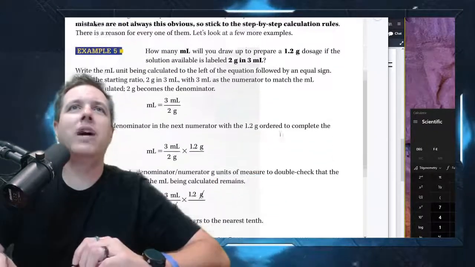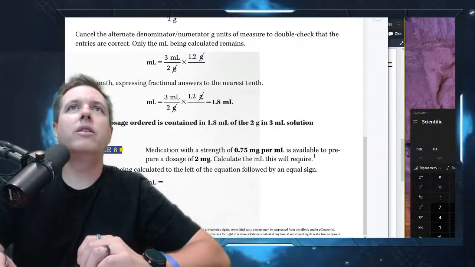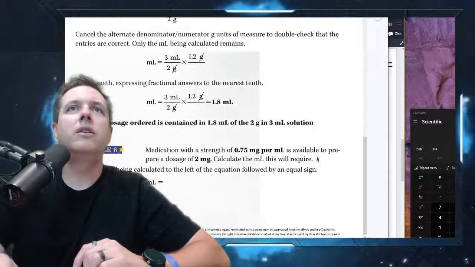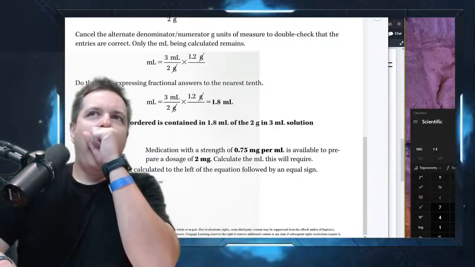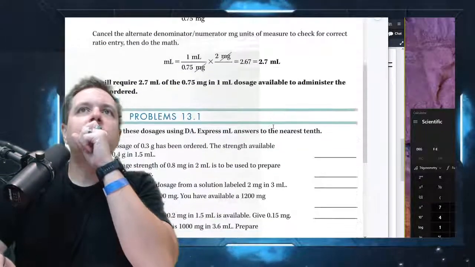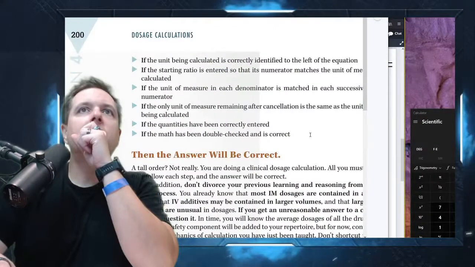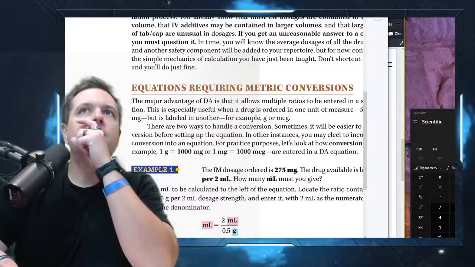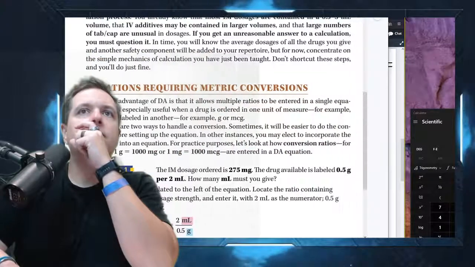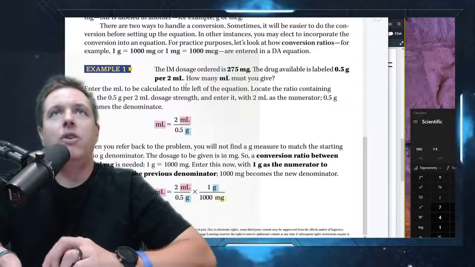Let me see if I can find that problem somewhere. Where was it? Oh, here we go. Equations